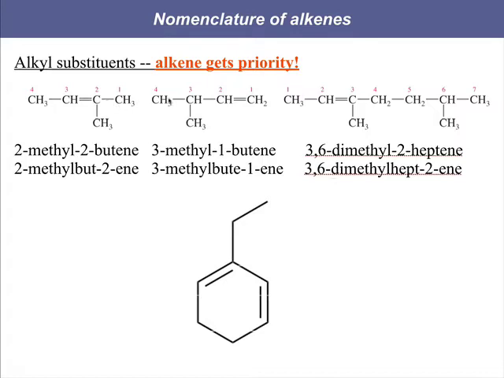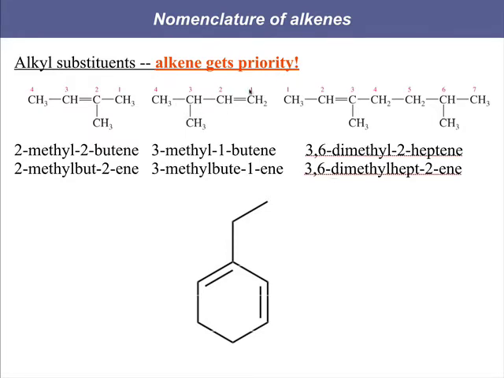But sometimes you might have a difference in opinion. For example, if we number this molecule from right to left, the double bond goes on the 1, so 1 to 2. That puts the substituent, the methyl, on the 3. If we number the other direction, it puts the methyl on the 2 and the double bond on the 3 if we go left to right. So we are going to number this molecule and therefore name it in such a way that the alkene gets